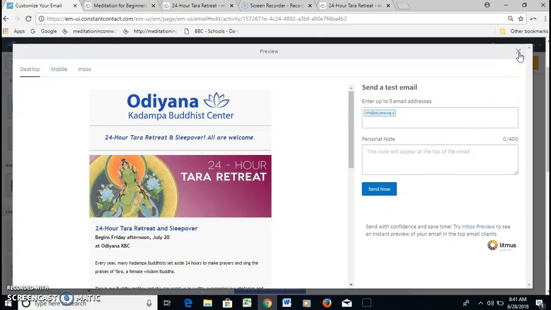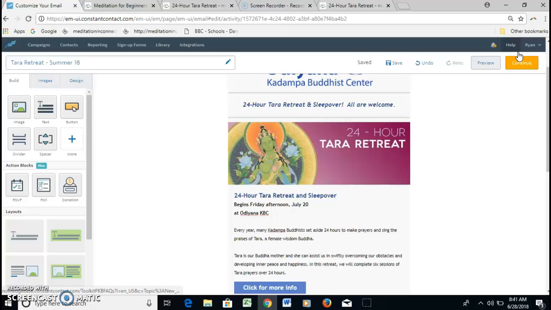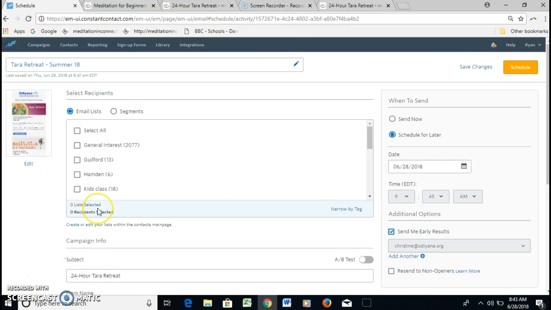So once I like that, I can click send now, but I typically like to schedule my eNews ahead of time and schedule it for a day in the future. So I'm going to X this out. Then I'm going to click on continue, if I like what I've seen. If I don't, I can go back and edit. Once I click on that, I'm going to go in and select which groups it's going to go to. If I click select all, it'll go to the entire eNews list. If I select something else, it'll go to a section. I can send it now or schedule for